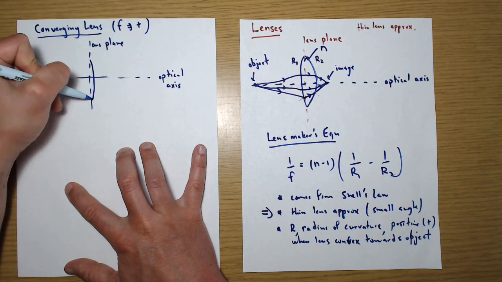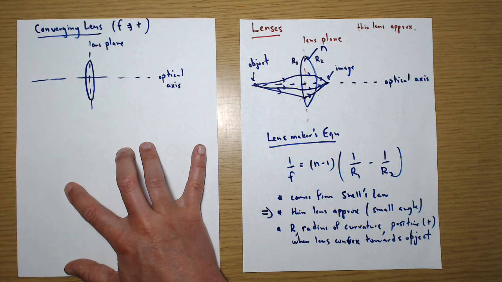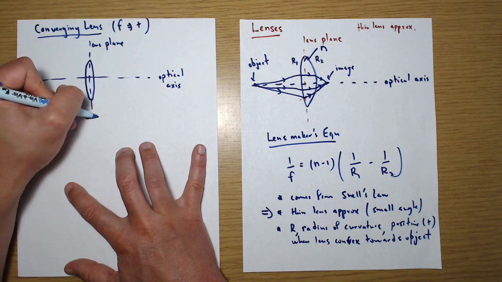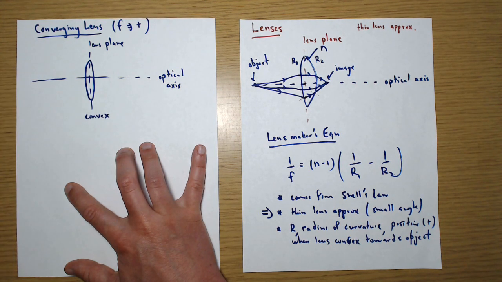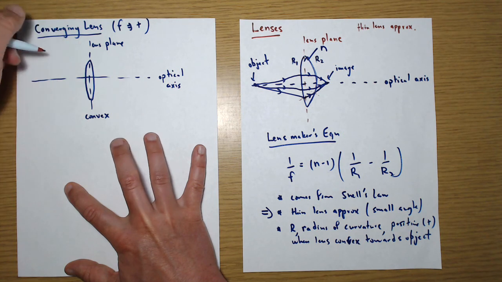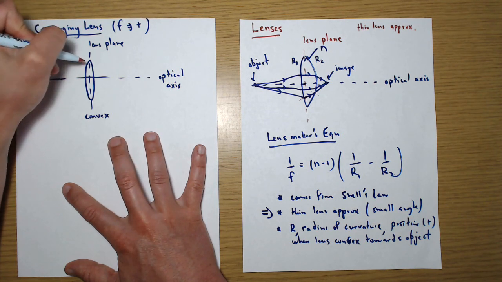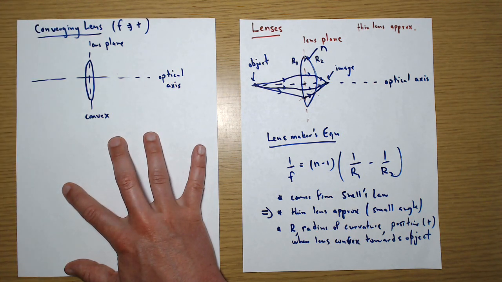So I'm going to draw the lens kind of like this. It looks to be convex. So if I have a number of rays incoming, let's say from the left,